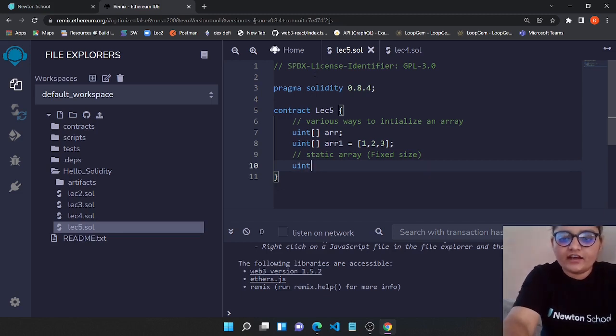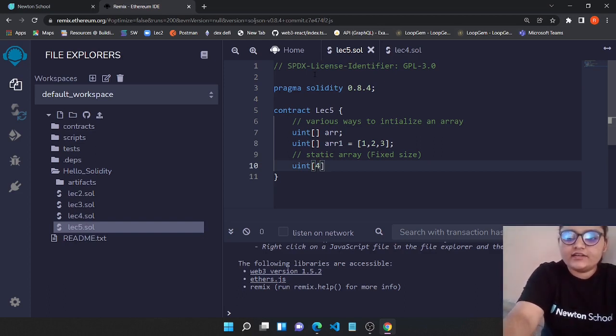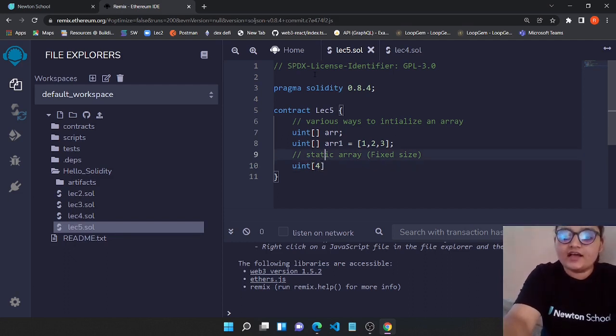So for that we can have the brackets and the value will be in the brackets. Suppose you want four values in a particular array, then you give 4 in the square brackets, and arrays have indexes from 0 to n minus 1, and this n is basically the value which we have given over here. So let's give this the name ARR2. Yeah, so these were some ways you can use to initialize an array.